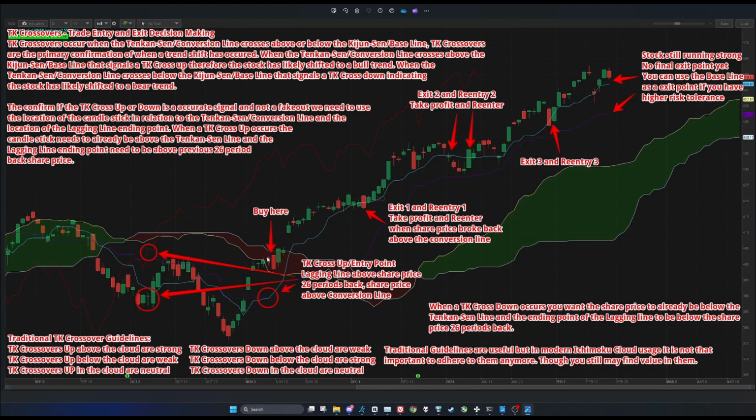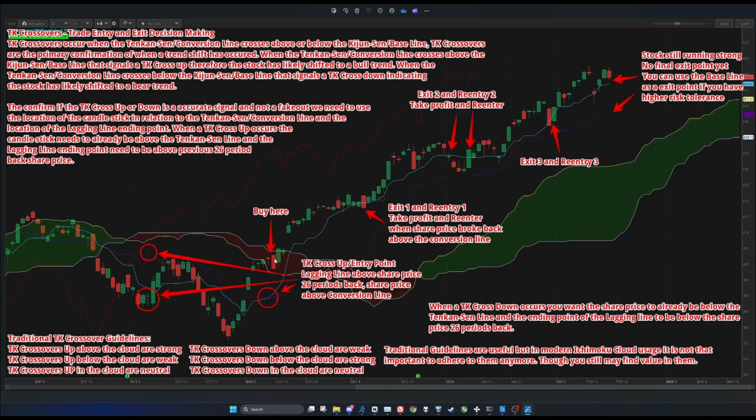So to do that, you'd be looking at this candlestick here, your entry candlestick, and then you'd be looking at 26 periods back where the lagging line was ending. So the lagging line endpoint was up here 26 periods back. And you can see the endpoint is above the previous candlesticks, showing that the current bullish momentum here is stronger than the previous bullish momentum in the past,